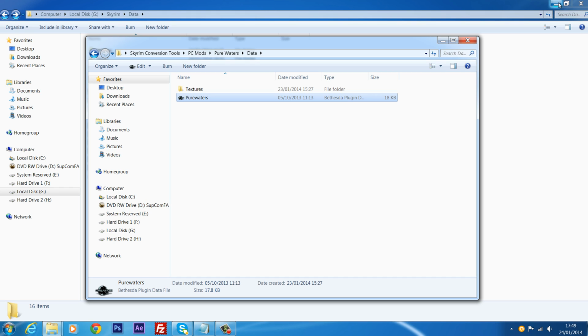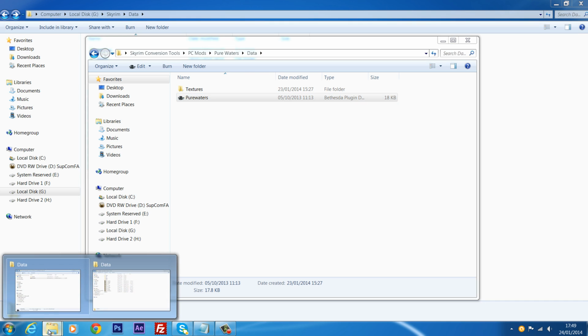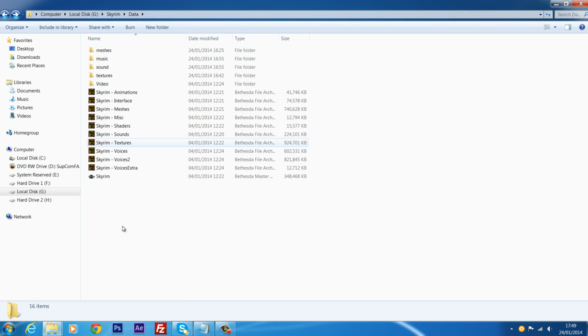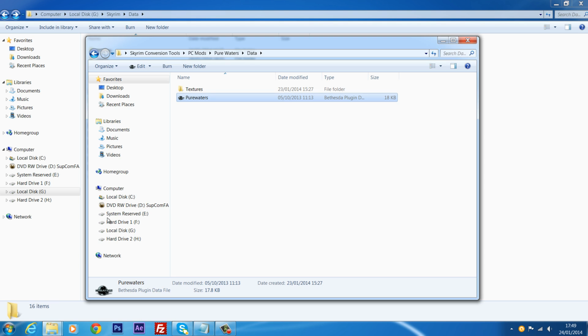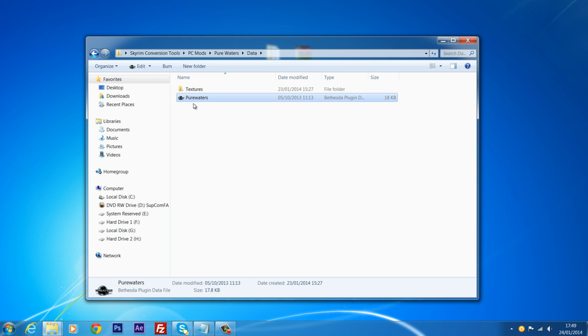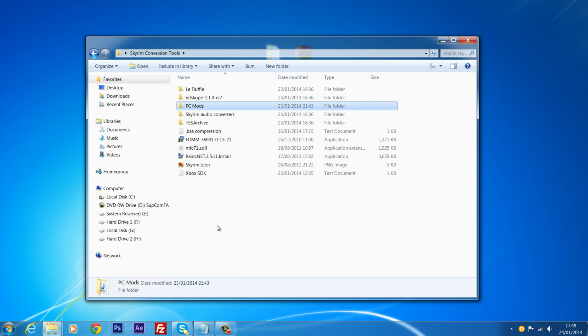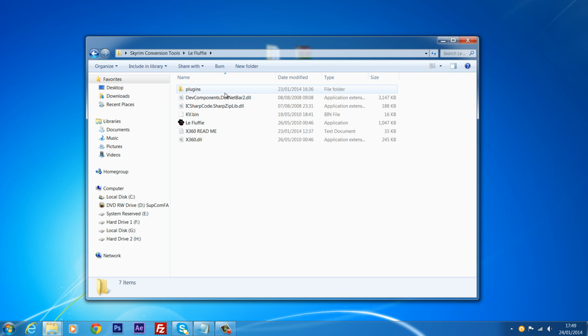And lots of mods use ESP files. A hell of a lot of mods use ESP files. The majority of mods will use ESP files, so you're going to need to know how to do this. So in my Skyrim conversion tools that I've added in here, we have got a program called LaFluffy, I think it's called, and this